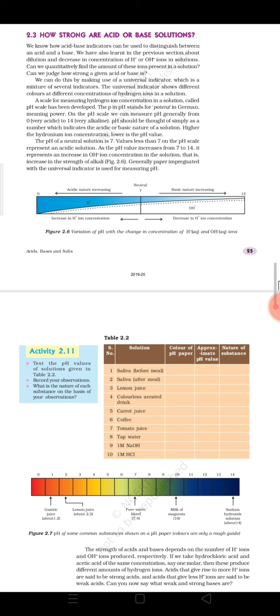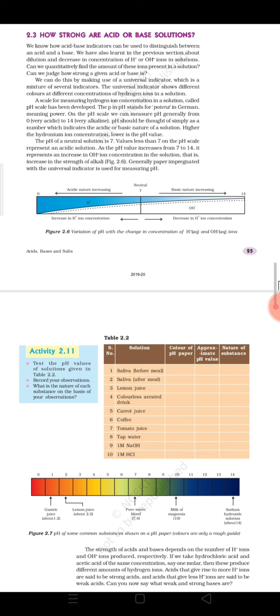Quantitatively means we won't be able to say whether the substance has a strong acidic nature or is a strong acid, or whether a substance has a strong basic nature. So those indicators are helpful only when we have to identify whether a substance is acid or base, but it is a drawback that we will not be able to know whether a substance is a strong or weak acid, or a strong or weak base.